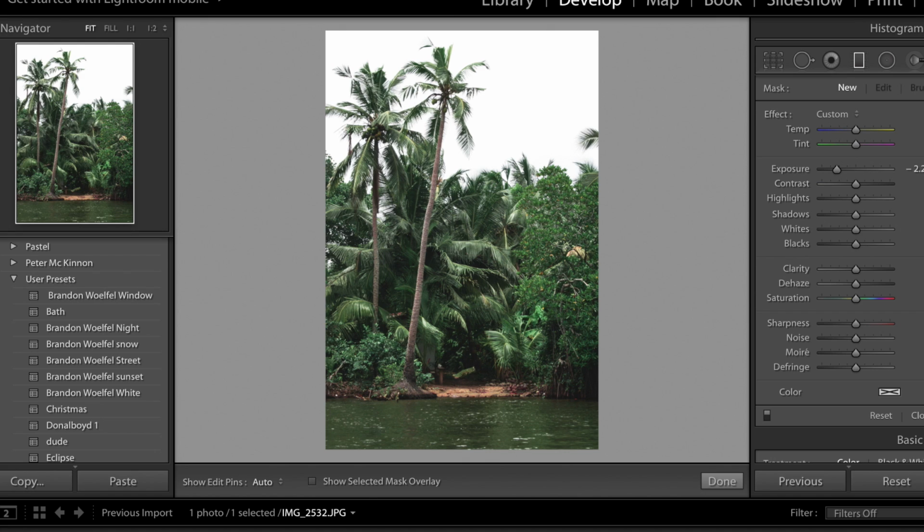What we're going to do to combat this really green muddy brown river, we're going to kind of cheat a bit and use our brush tool. We're going to turn on show selected mask overlay, decrease the brush size and cheat by bringing the tint down to the blue. Now some people don't like it when people do this because this is kind of cheating a little bit, but you could do this in Photoshop. You can probably do hue panel. It can do a little bit better than Lightroom in certain respects,